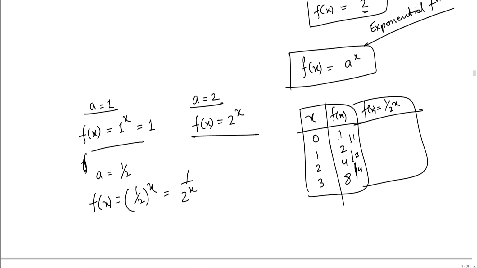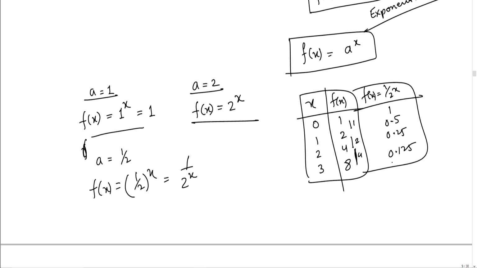Basically, you are taking the reciprocal of all these terms, right. So, 1 by 1 is 1, 1 by 2 is 0.5, 1 by 4 is 0.25, 1 by 8 is 0.125, right. So, you are now rapidly decreasing. So, the value of y, the outcome, is rapidly decreasing, okay, when the base is less than 1. Okay. What if the base is,